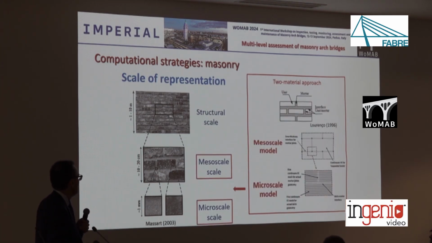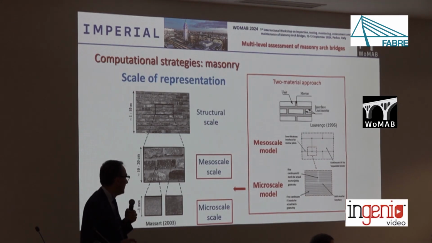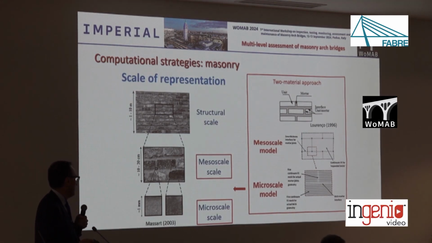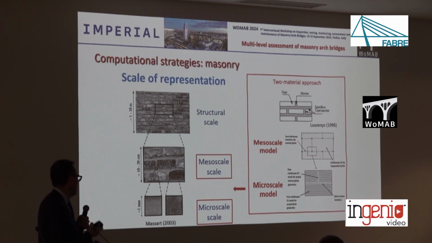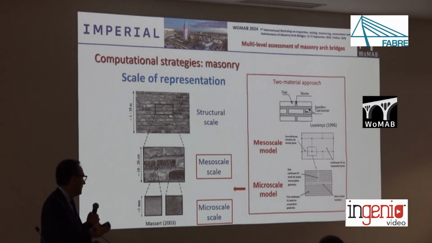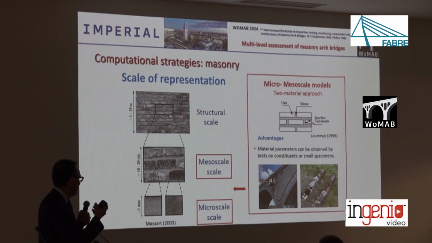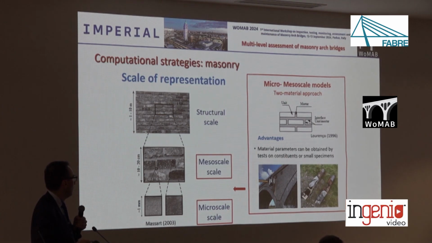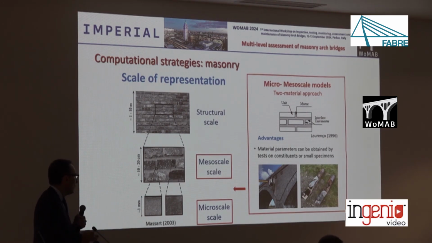So when we refine the models, we move to the meso or micro scale. So we consider a separate representation between the different parts and the interaction between units and mortar joints. This is typically adopted for detailed simulation at a small scale. So the convenience of the meso micro scale is that the material characterization can be performed at the level of the constituents. So in the case of bridges, we can take cores, we can test cores, and